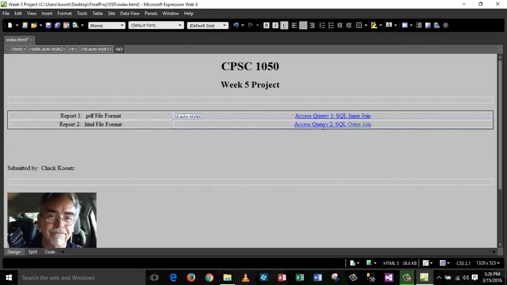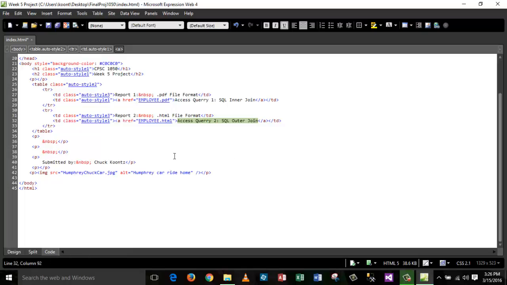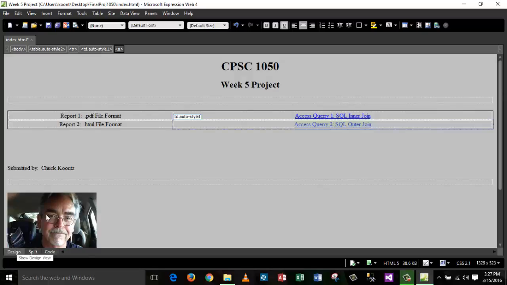And again, if I highlight the text and go to the code window, I see that it's created a second A tag. That's the first one. Here's the second one, again with an href attribute that this time is going to hyperlink me to a file, employee.html. So I've got two hyperlinks in there. Now going back to the designer window,